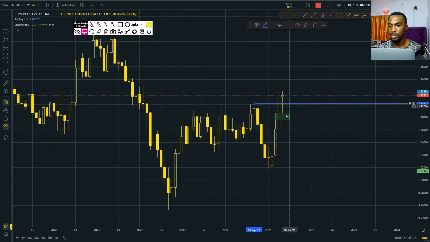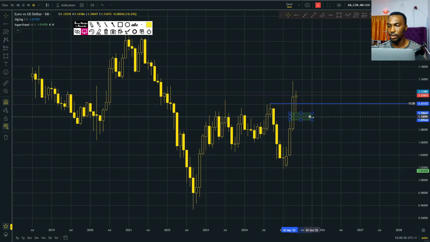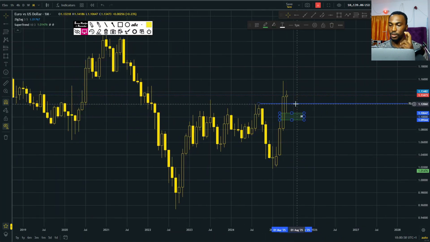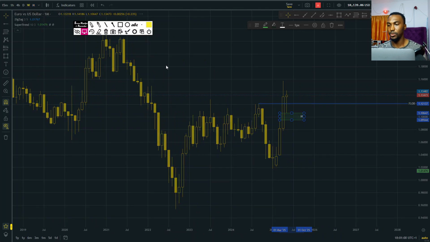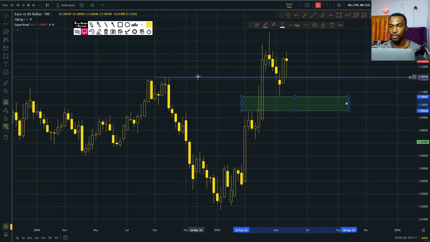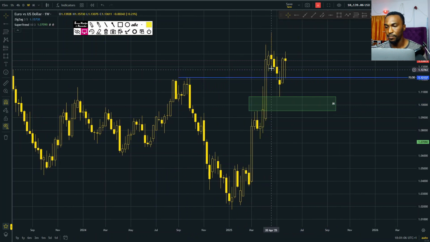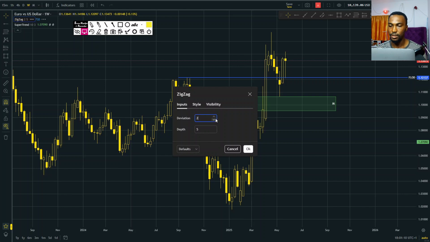So we're likely going to see some consolidation around here, even if price finds its way down to this fair value gap. We're likely going to see some consolidation in this market, and we just hope, fingers crossed, it works fine for us. So in that light, what do we hope to see on the weekly? Well, on the weekly, we do not have a fair value gap, and if you do not see the first one, you move on to the next one.